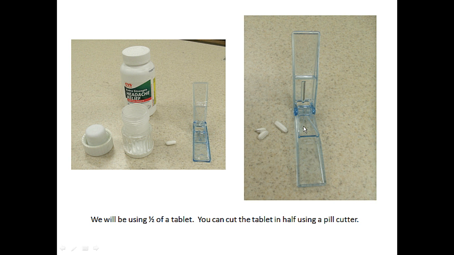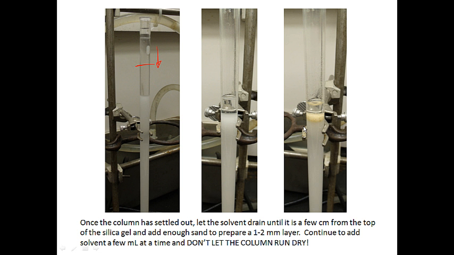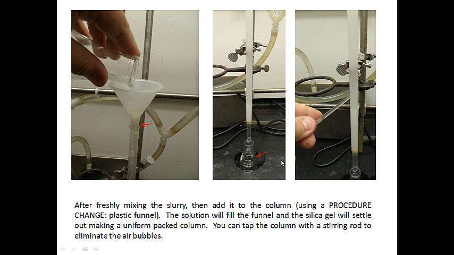So once we have the column packed and ready to go, somebody's job will be to keep adding 10-to-1 chromatography solvent and keeping the column wet. Of course, what I'm not showing down here is that we do have an Erlenmeyer flask collecting the solution as it drips out. The solution that you collect down here, you can reuse, because it will be pure hexanes and ethyl